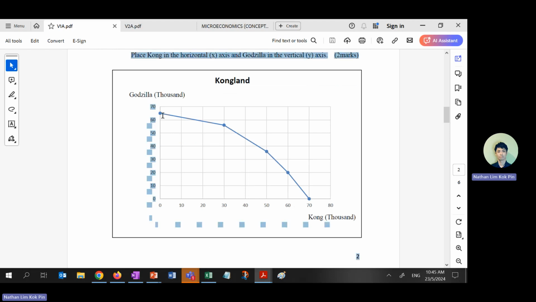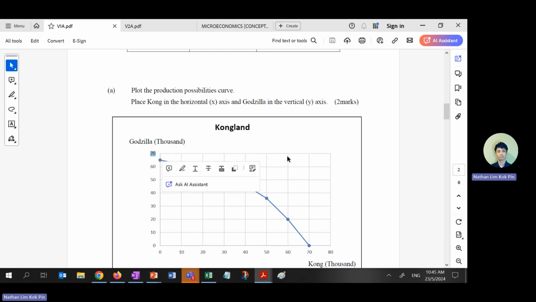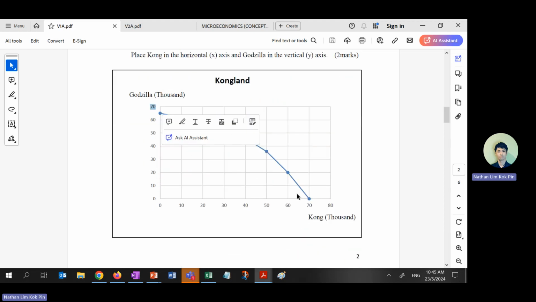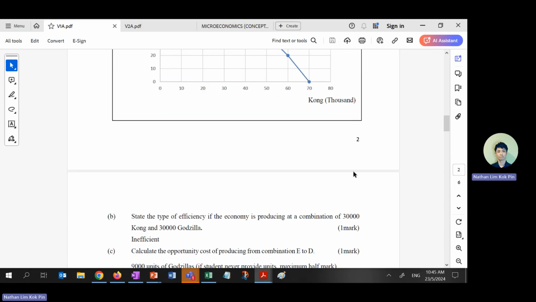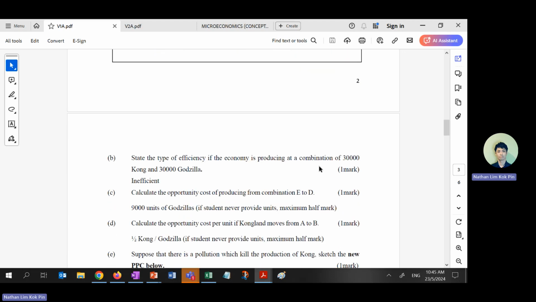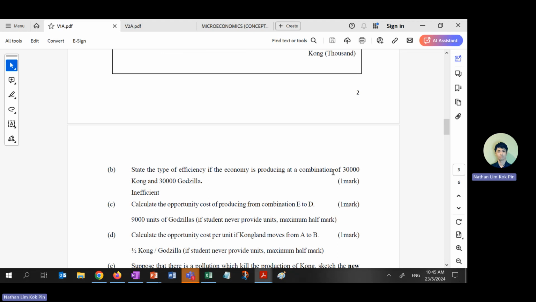The last point should be 65. I purposely made the last point 65 in the Godzilla, and the x-axis, the Kong, should be 70, right? Okay, make sense? Of course, I also cross-check your points for some of you, right? And for part B,